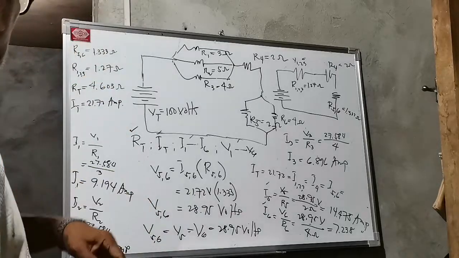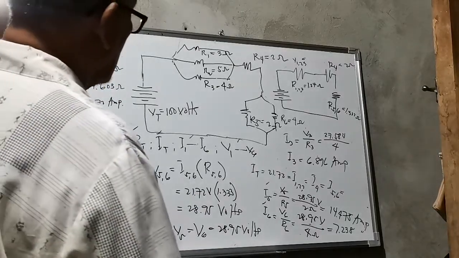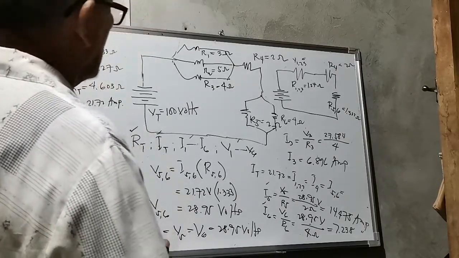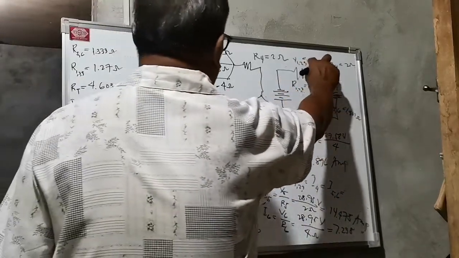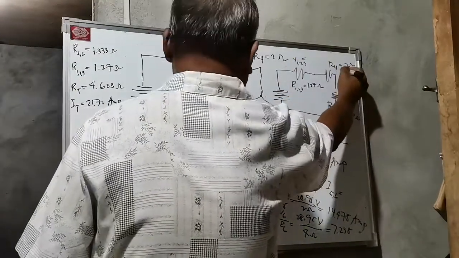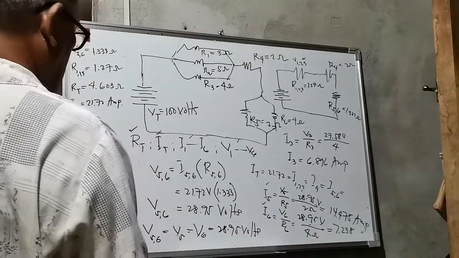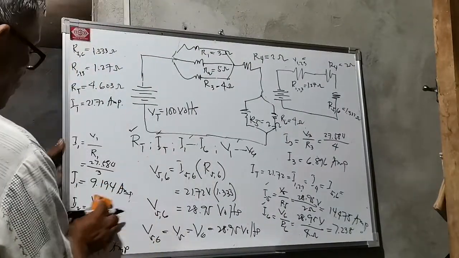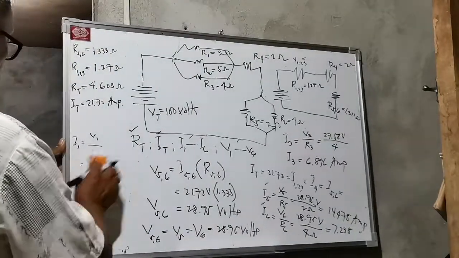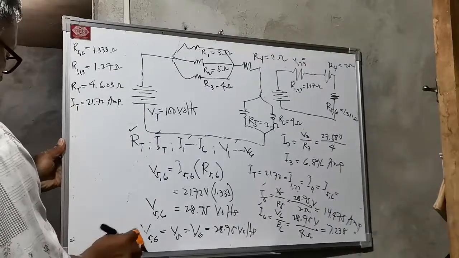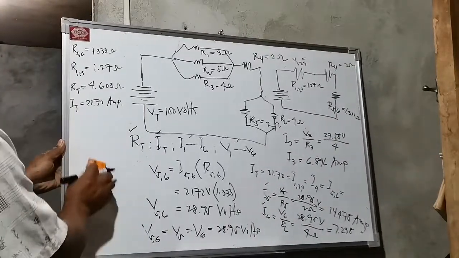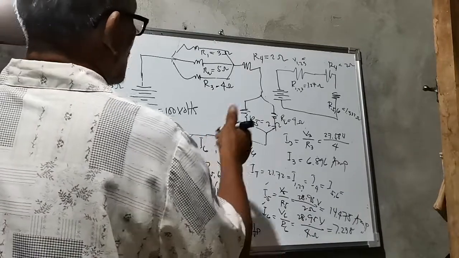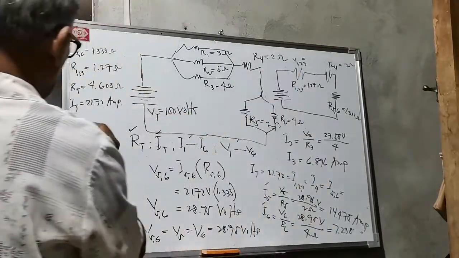A while ago, we solved the value for this voltage 1, 2, 3. If none, then we are going to solve again to check, because our whiteboard is limited. Therefore, we are going to solve it again. V1, 2, 3